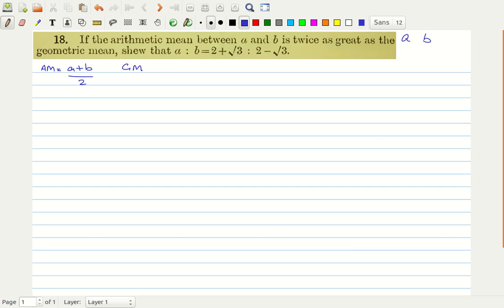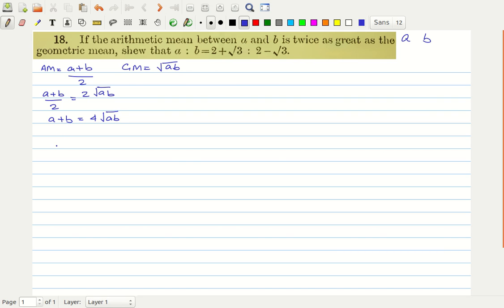And what will be the geometric mean? Geometric mean will be square root of AB. Now, it is given that arithmetic mean is twice the geometric mean, so what we know is that A plus B divided by 2 is equal to 2 times square root of AB. So this implies that A plus B should be equal to 4 times square root of AB,